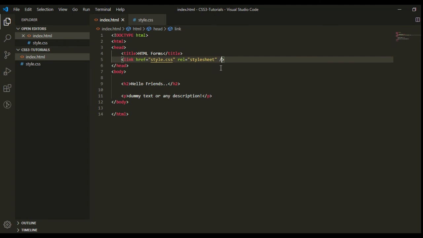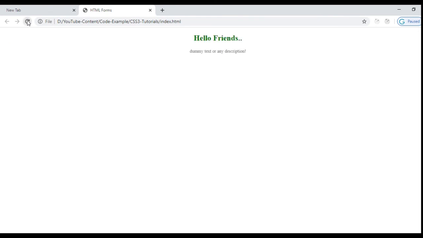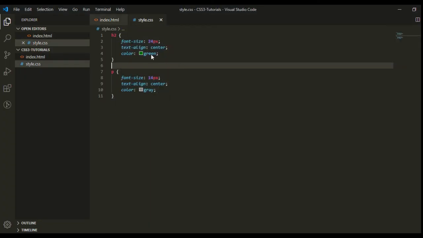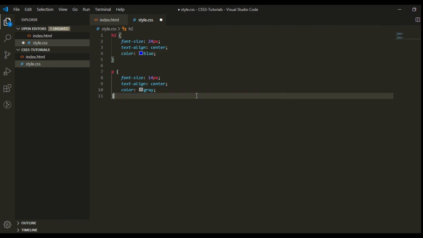Let's see in the browser whether our CSS has been applied or not. Here you can see our CSS has been applied. Let's make some changes in the CSS. Here I am giving a different color for the h2 tag, blue, and red for the paragraph.